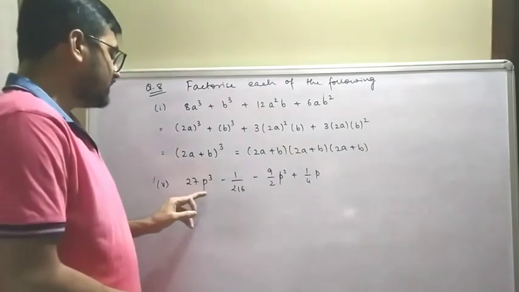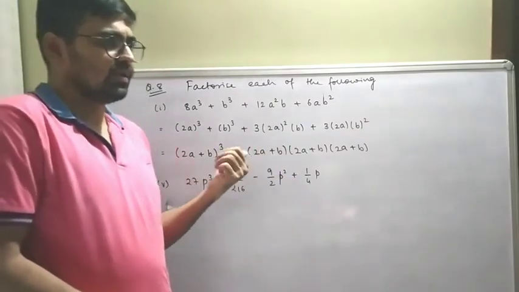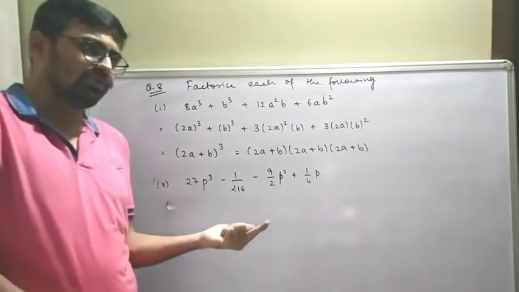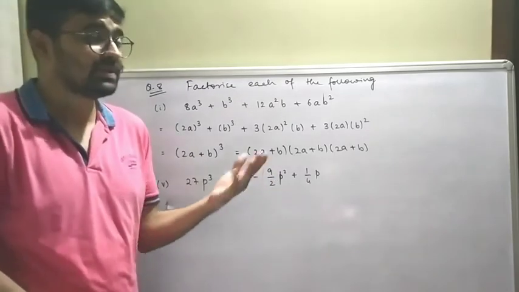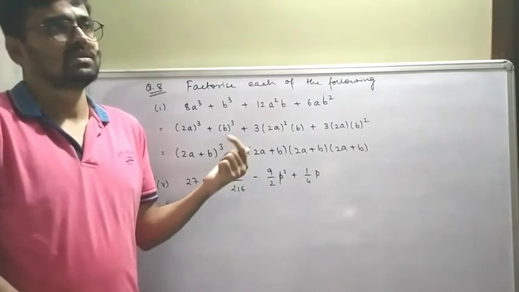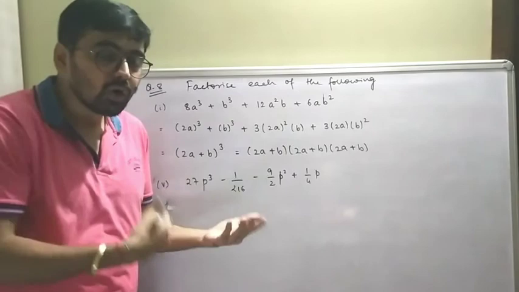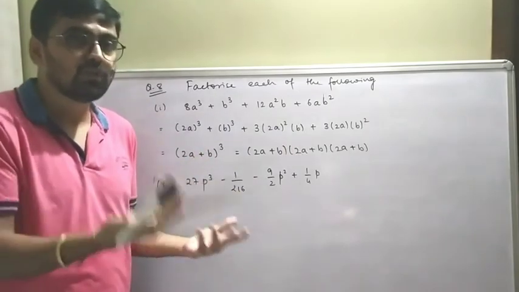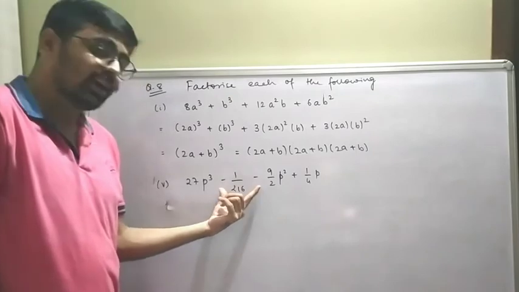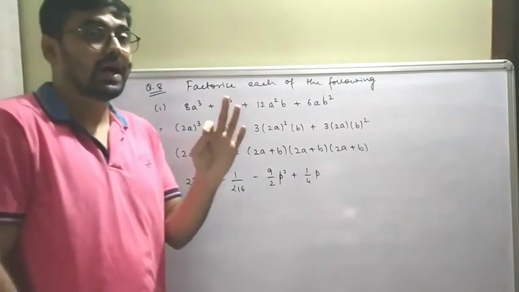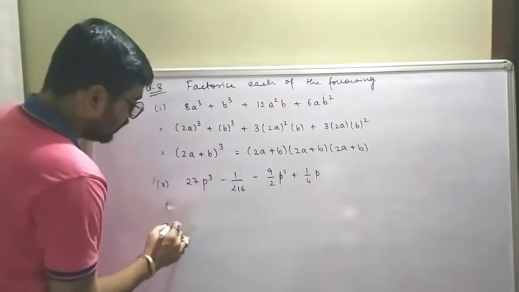So if I look at this, it is a cube, 216. Whose cube is 216? Not 2, not 3, not 4. 4 square is 16, not possible. 5 not possible. 6 into 6 is 36, 36 into 6 will be 216. You need to recall that. You need to identify which cube is what. Correct? Minus this plus this. So if I am getting negative in a cube, I have to go for x minus y whole cube. Simple.